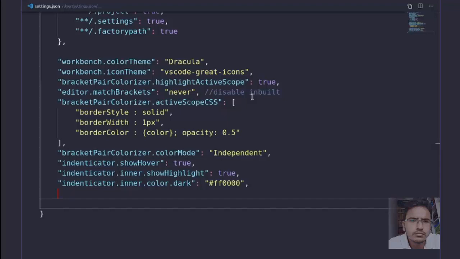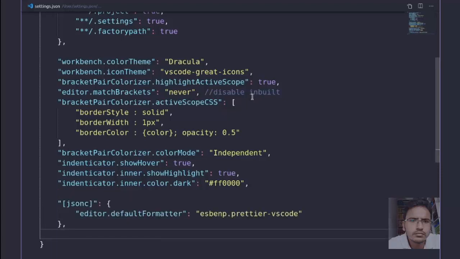You can see the red sign on my settings editor. All the settings are saved.